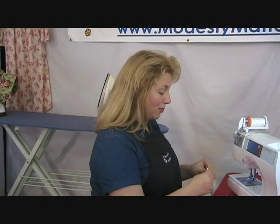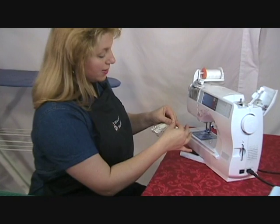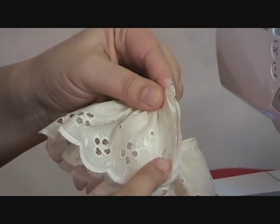to do a zigzag, and to go backwards in reverse on a sewing machine, to do almost all of our patterns. So the first thing I'm going to do is a zigzag stitch, and I'm going to zigzag just right down this right here,